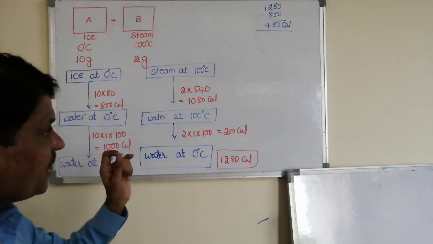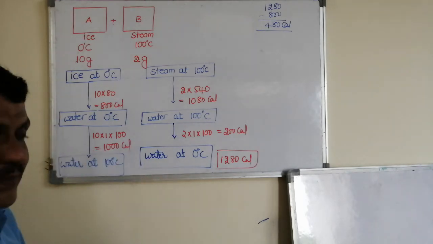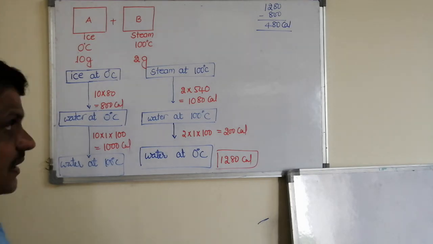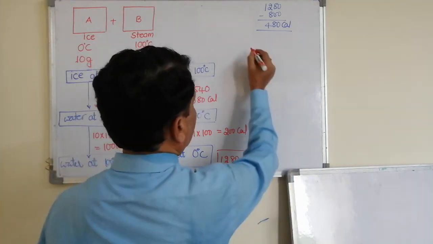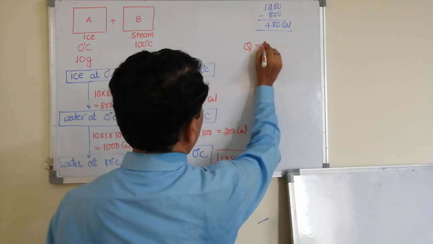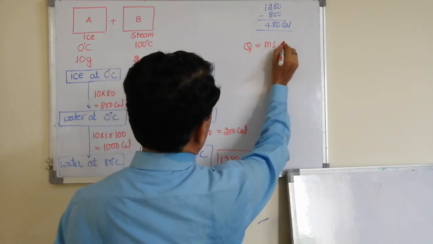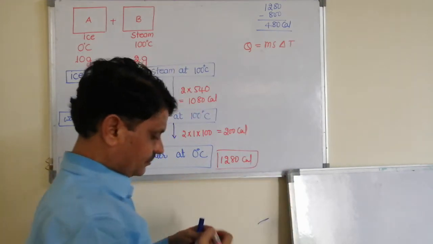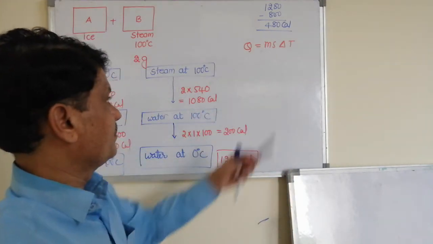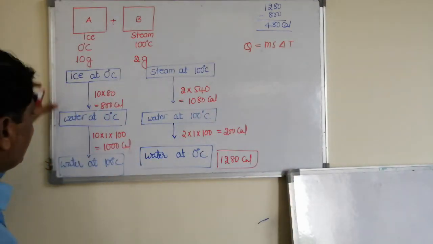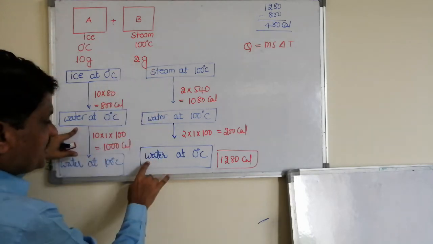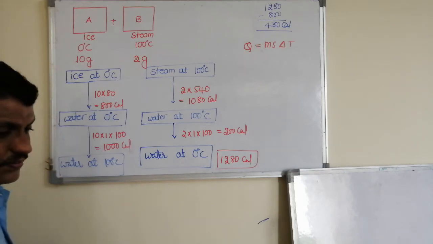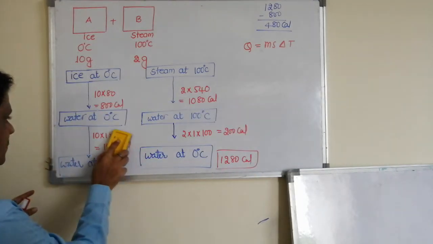With this 480 calorie, the temperature will rise. So temperature will rise using this 480 calorie. Means Q is equal to m s into delta T. But what is this m? M means now 10 gram is converted into water at 0, 2 gram is also brought to water at 0. Means I am not taking this, just I'll remove.